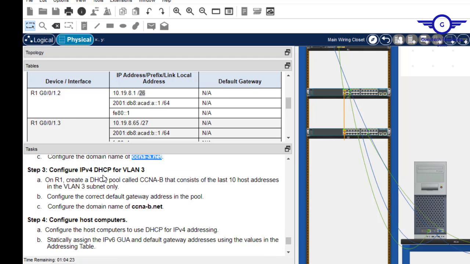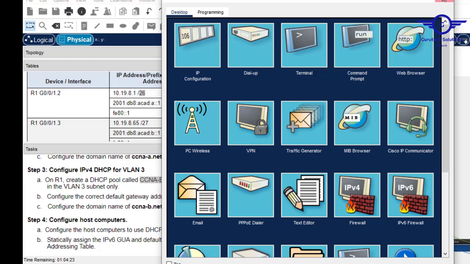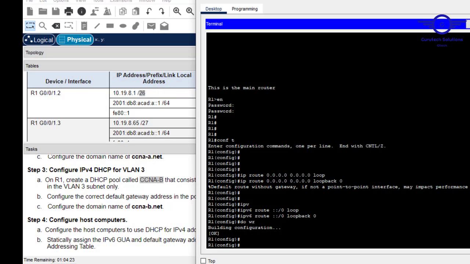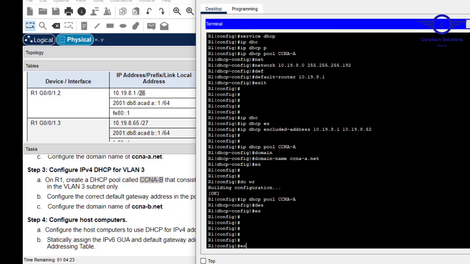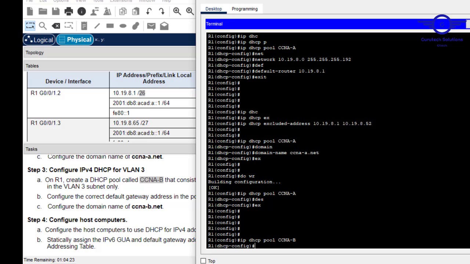So create IP DHCP for VLAN 3. I'll create that, which consists of B. So this is the CCNA B pool, that is called that one. Another pool will be ip dhcp pool B. Okay, then